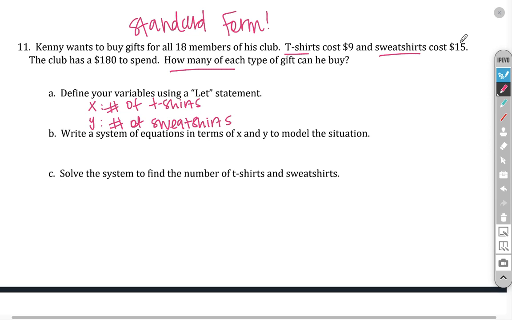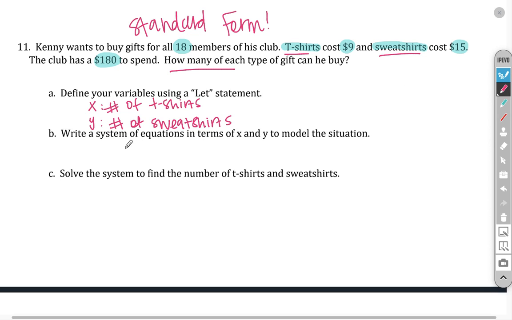All right, so it wants us to write equations. So let's break it down. So we can buy gifts. We want to buy gifts for all 18 members. So we need 18 gifts. And we want t-shirts and we want sweatshirts. So we need at least 18 combined. And then we can spend $180. So if t-shirts cost $9 and sweatshirts cost $15, we need to figure out how many fiscally we could afford,